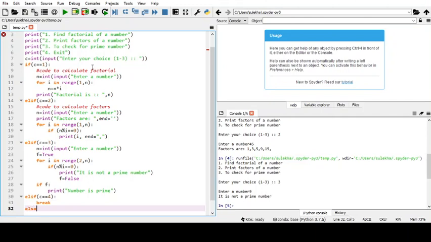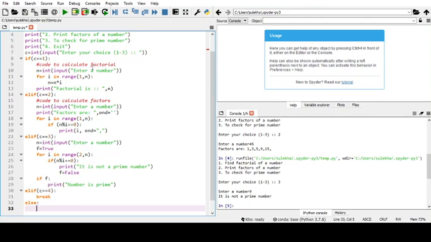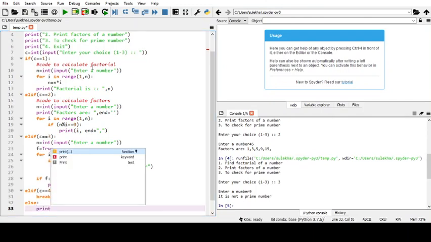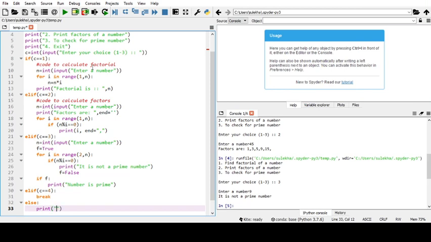And else we will print a message, please enter a correct choice. Yes.